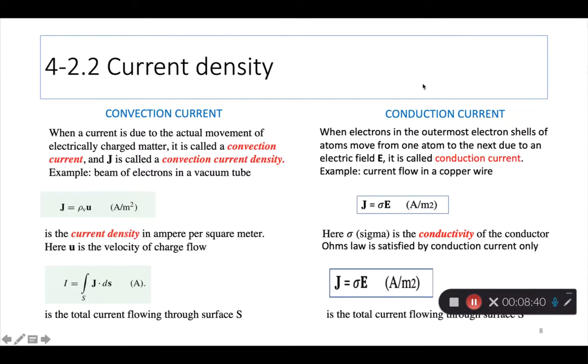The one current that we know very well from electric circuit analysis is conduction current, where we know in a copper wire, for example, there are atoms and electrons in the outermost shell, and so they jump from one atom to another, causing conduction current, right? So that is conduction current, and generally